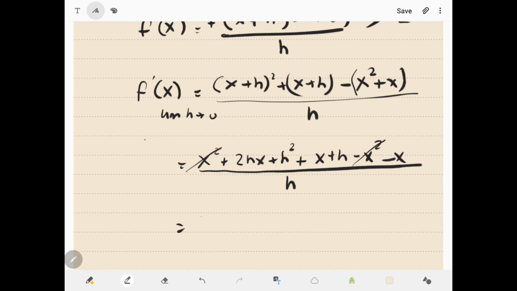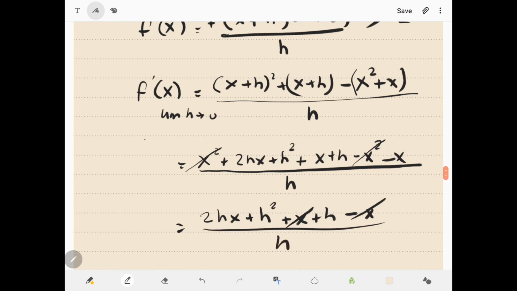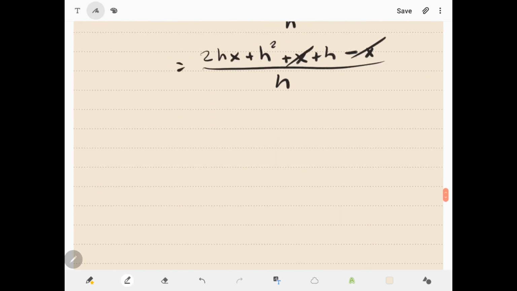So this becomes 2hx plus h squared plus x plus h, minus x. Okay, so we can still cancel this out. So we have now 2hx plus h squared